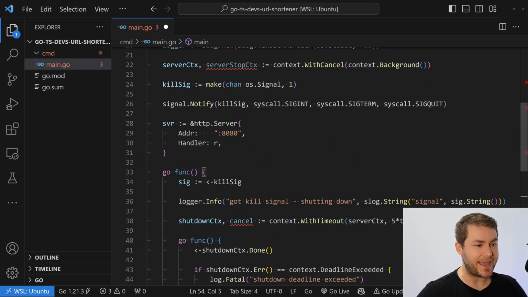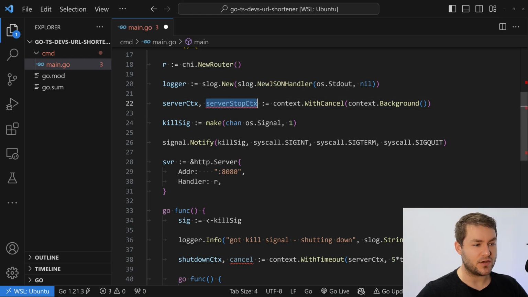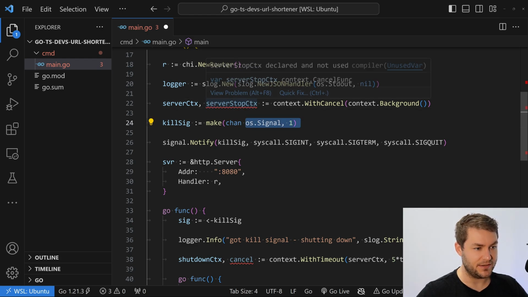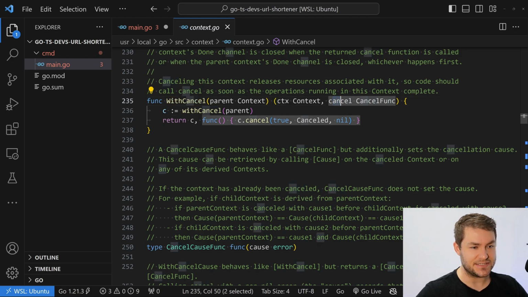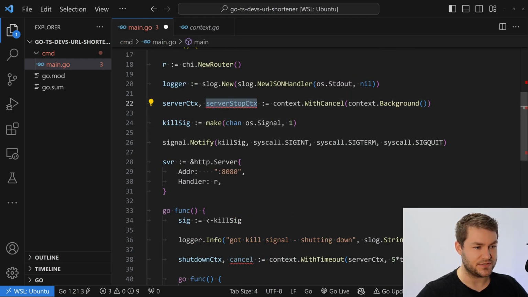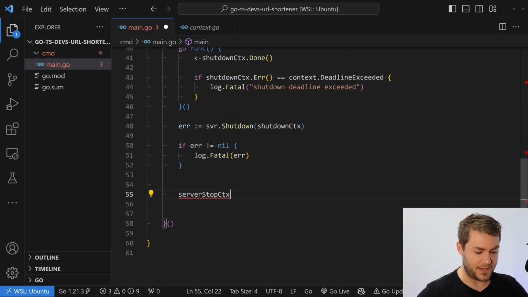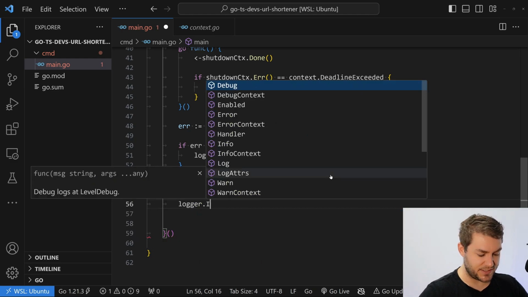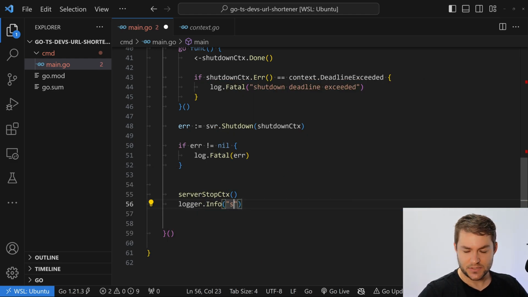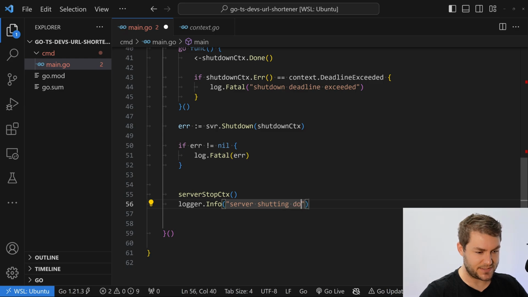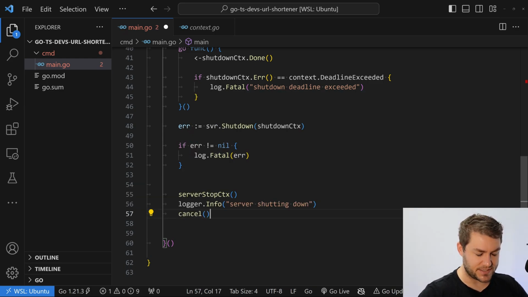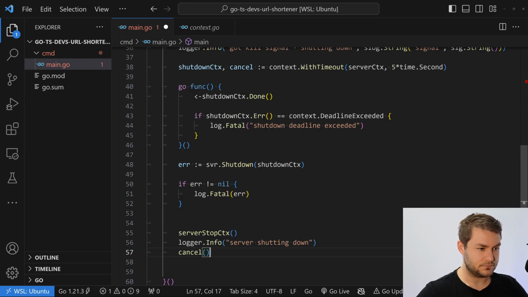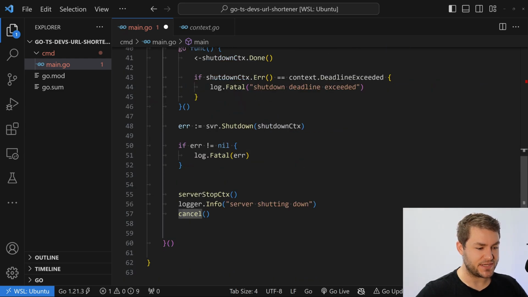So now we need to cancel our server context. We have this server context cancel function here. If we go into that, you can see that it is just cancel. I've renamed it to server stop context. And so we can execute that. And we can say logger.info server shutting down. Now we can call cancel on this context here. So we're canceling our shutdown context,